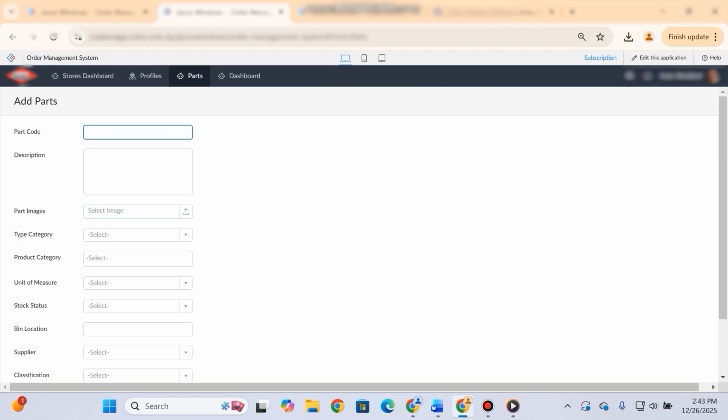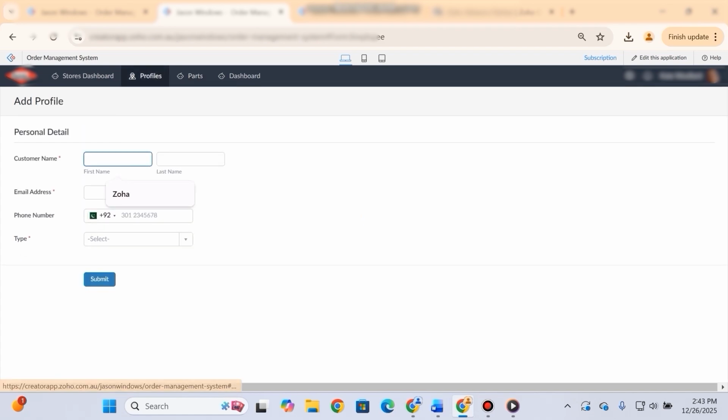Next you can add users data. We have also set up this form. So you can see we have 3 types of user. One is the customer, who will place the orders. Next is the stores employee, who will fulfill the order, and then we have the field employees. They also place orders for the parts.